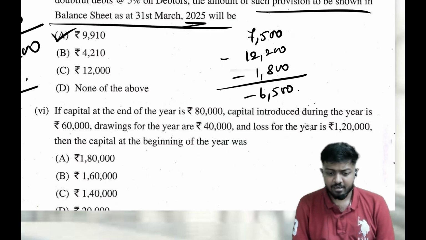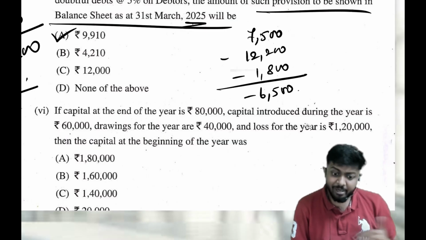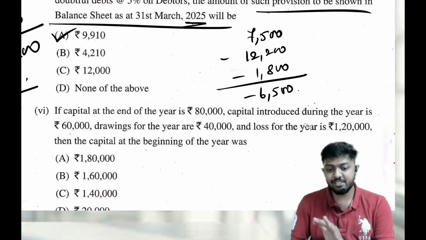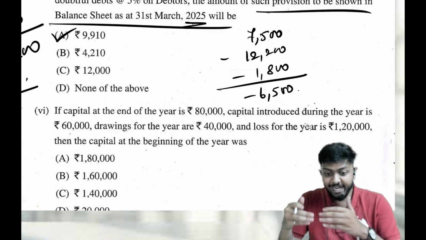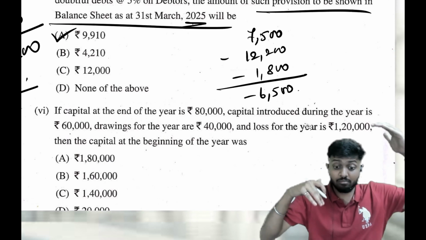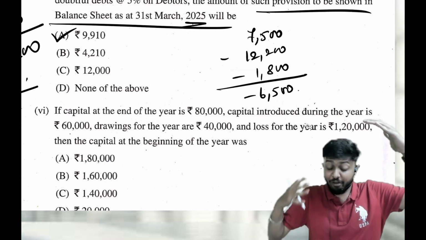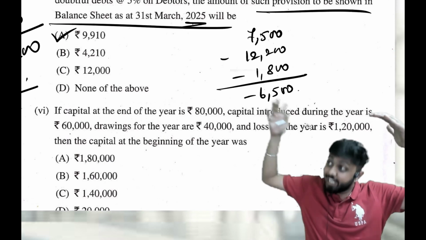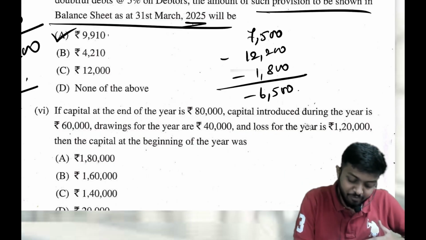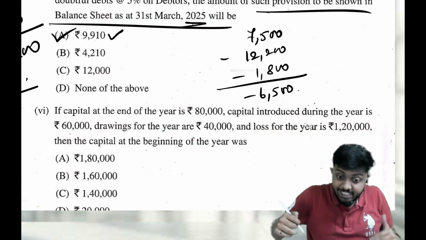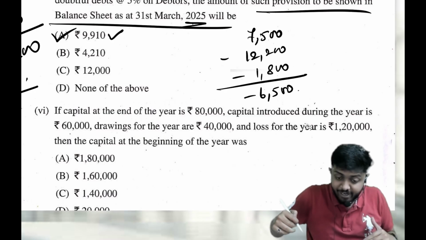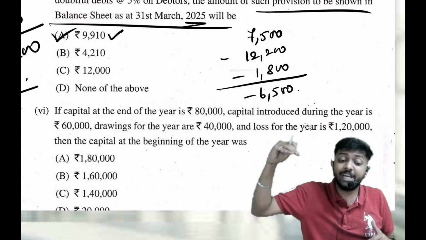Sir, the provision balance became negative. Yeah, it became a debit balance. Provisions will generally have a credit balance. Now you have written off all the bad debts, and provision has only got a debit balance. You have to maintain how much? You have to maintain 9,910 credit balance at the end of this year. That's what we decided, no? From a debit balance of 6,500, you have to go to a credit balance of 9,910.